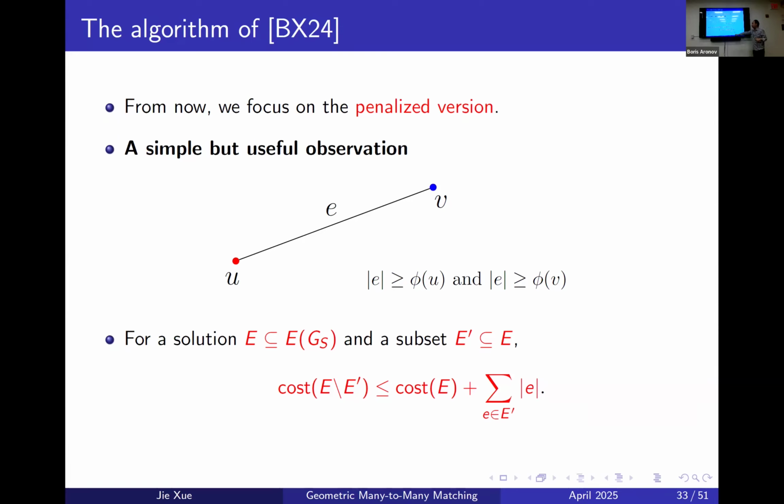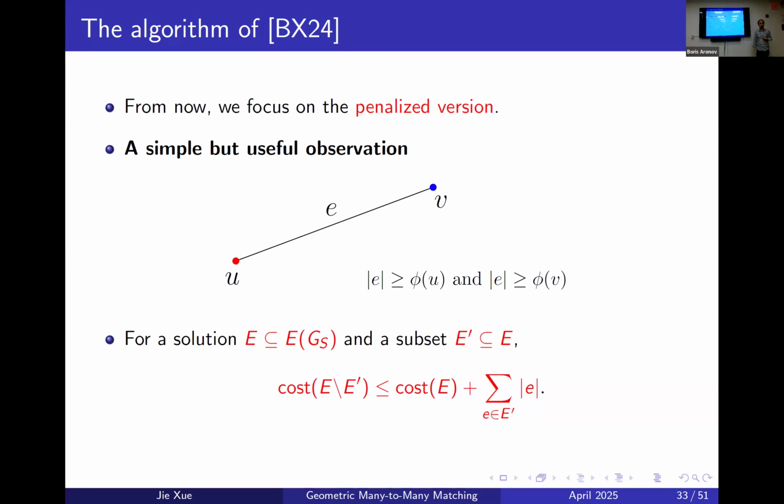So for the cost of this set, you should remove the total length of the edges in E prime. However, your cost can somehow increase because some points become uncovered, unmatched, once you remove these